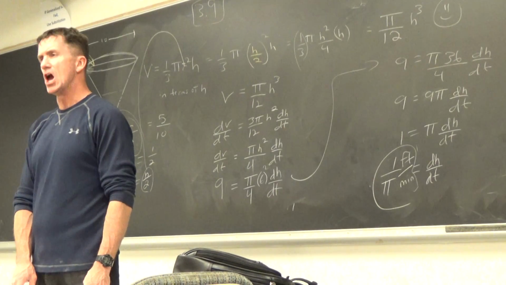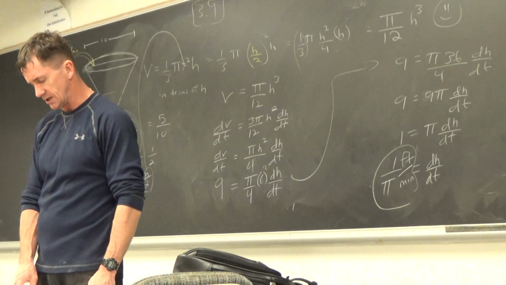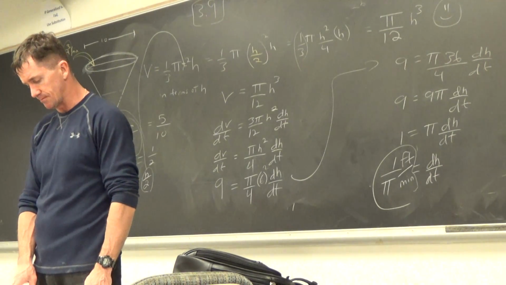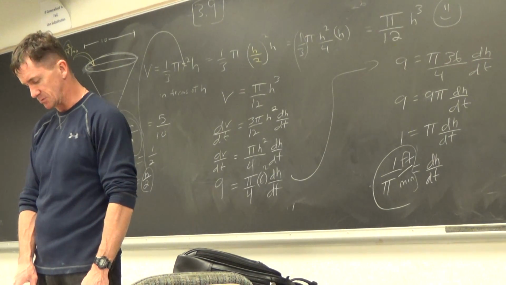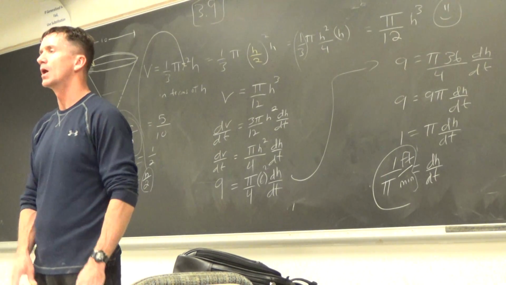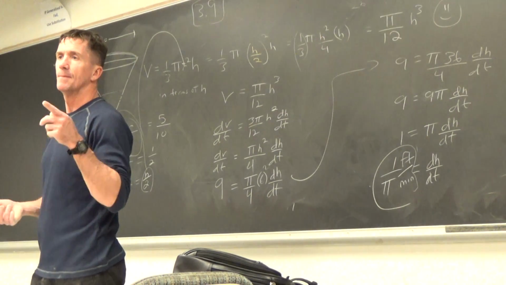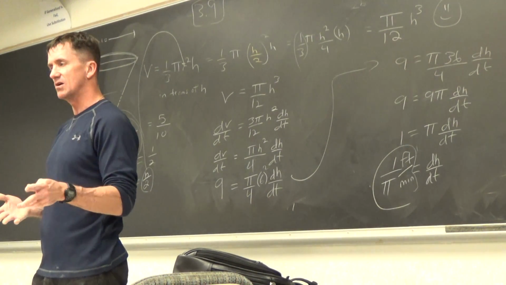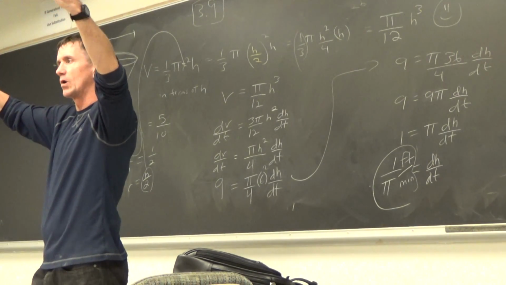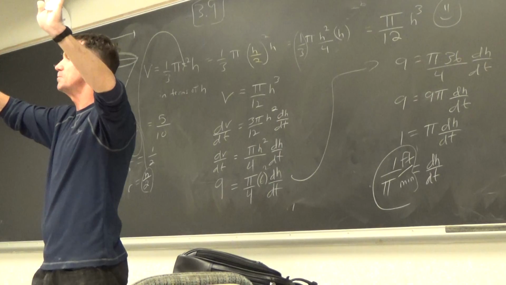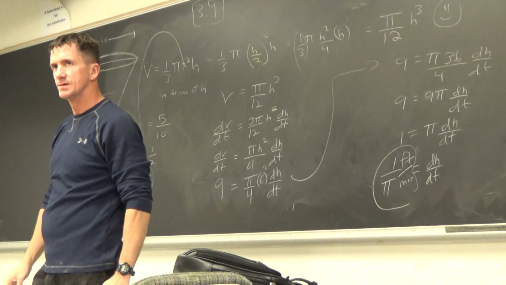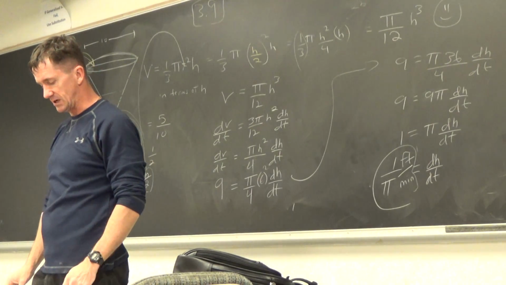At noon, ship A is 150 kilometers west of ship B. Ship A is sailing east at 35 kilometers per hour. Ship B is sailing north at 25 kilometers per hour. Then they ask, how fast is the distance between the ships changing at 4 p.m.? We've done enough right triangles today, but let's do a problem like that tomorrow. Do you notice they said what's going on at 4 p.m.? So we have to think about how big that triangle got after 4 hours, true? We have to make a really good picture, and it all depends where these ships were at the beginning. Cool? So we'll do 14 tomorrow, but I think